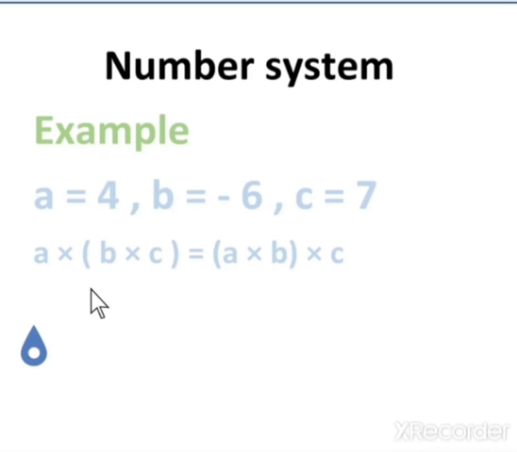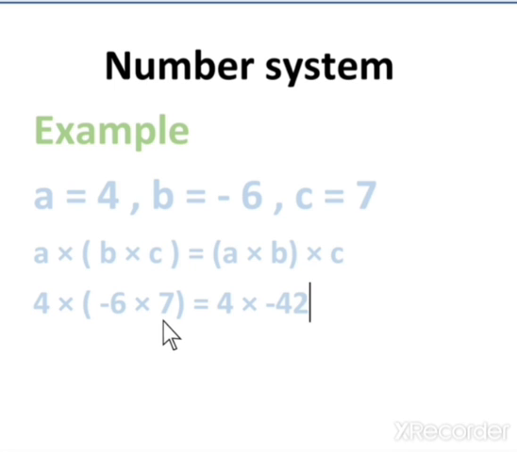We are going to solve the left hand side. The value for a is 4 and then next multiply sign and then next bracket, and the value for b is -6 and then next multiply sign, and then the value for c is 7. First we are going to clear the bracket. If we multiply the bracket, that is -6 into 7, the answer is 42. And multiply the sign also, minus into plus is minus. So the answer should be in minus, and the number we get is 42.